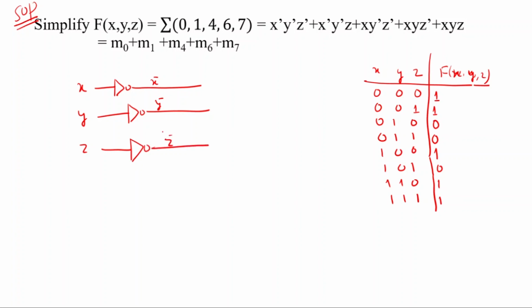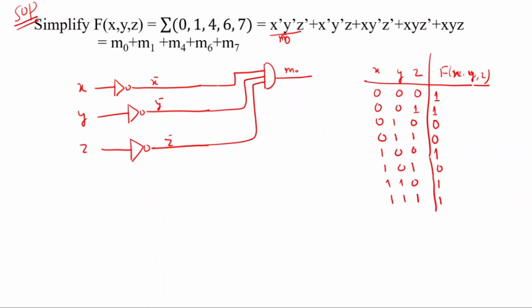Now the first min term is x complement y complement z complement, so it is represented by an AND gate, with x complement, y complement and z complement all ANDed together. This is an AND term, and it represents this particular term number. Suppose this is term number 0. So this represents m0. Then the next is x complement y complement z.